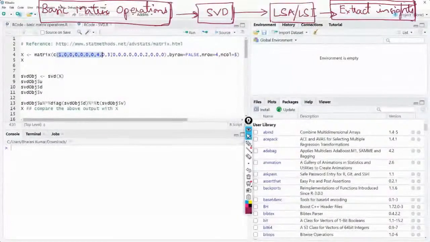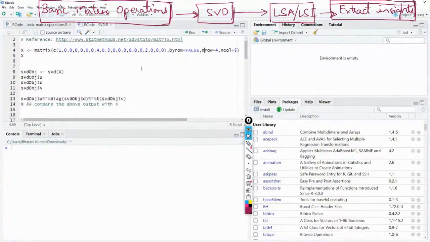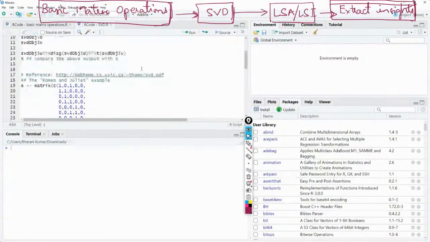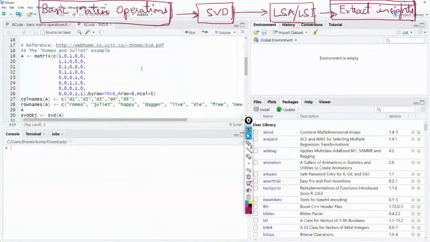Now, I'm creating a matrix of all these numbers. I'm going to say by row, no. When you say by row equal to false, it is going to arrange the data in columns. Okay, and I don't want to show you that part. I will show you this part.